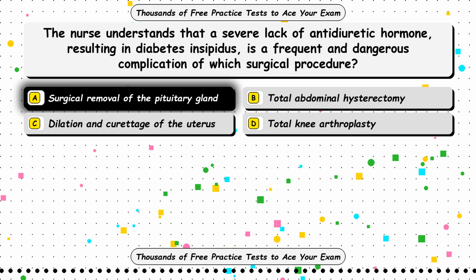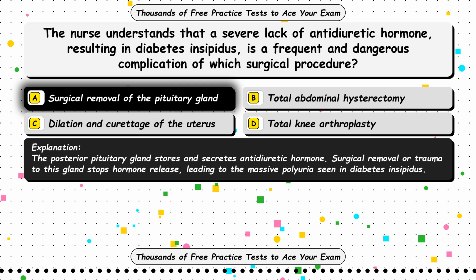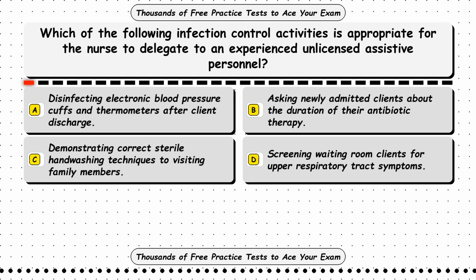The correct answer is option A. Surgical removal of the pituitary gland. The posterior pituitary gland stores and secretes antidiuretic hormone. Surgical removal or trauma to this gland stops hormone release, leading to the massive polyuria seen in diabetes insipidus. Question 157. Which of the following infection control activities is appropriate for the nurse to delegate to an experienced unlicensed